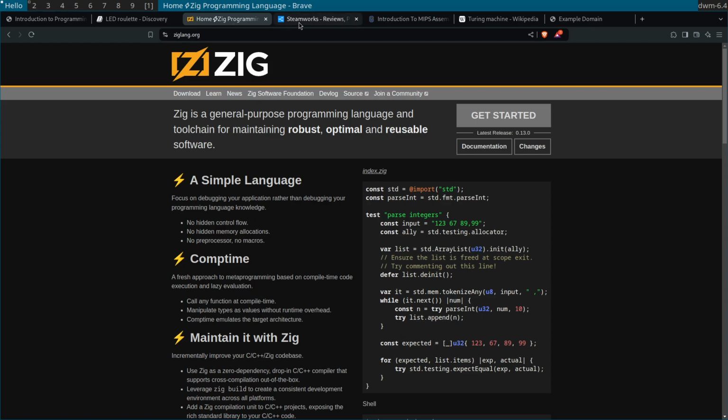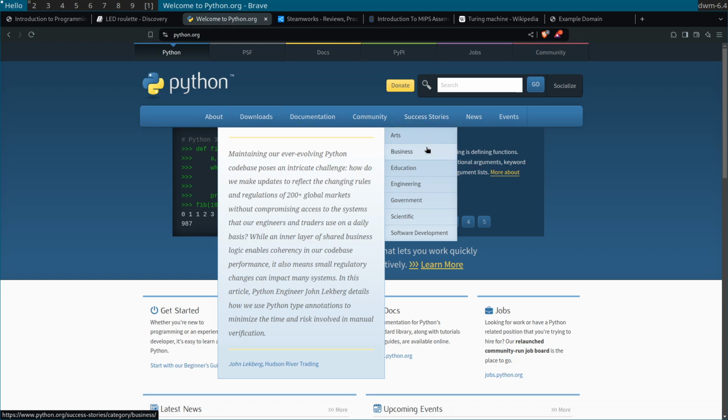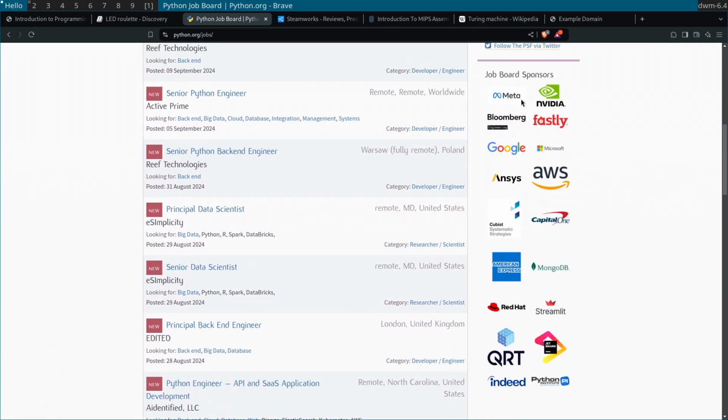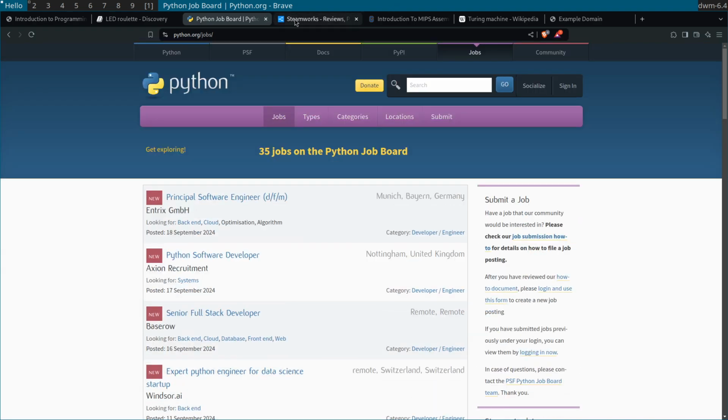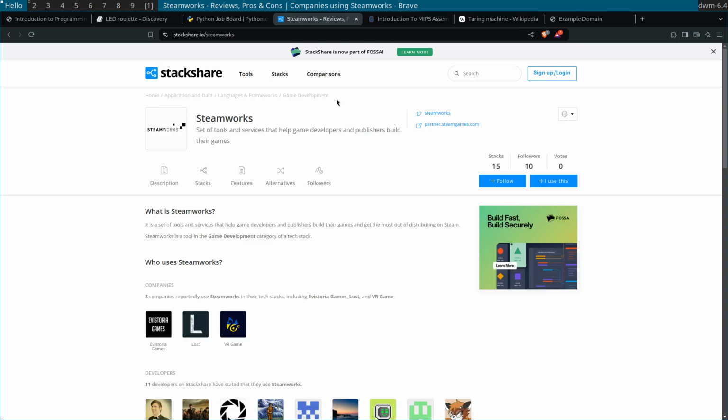You could kind of do the reverse. Before I do that, let's go to Python, because Python is nice: they have success stories, which are a bunch of testimonials in specific domains. Python also has a job board, and these people are specifically hiring developers for Python. They also have job board sponsorship, so all of these companies use Python as well. Now, this website is not updated a whole bunch, but sometimes it's nice to look here and kind of do the reverse.